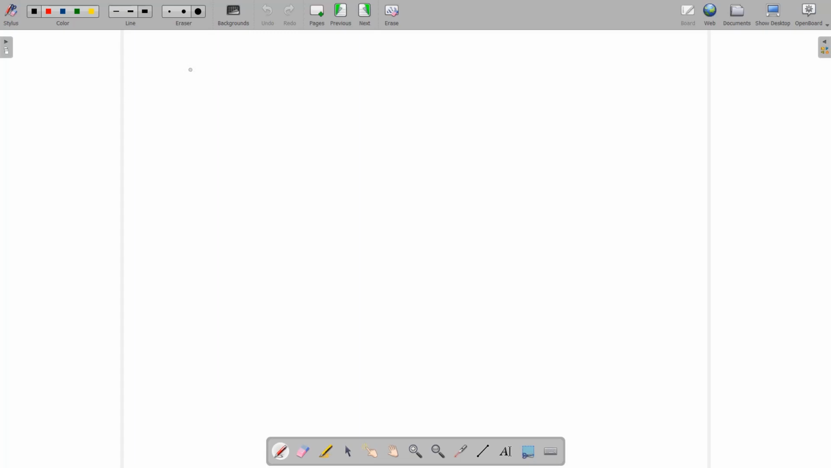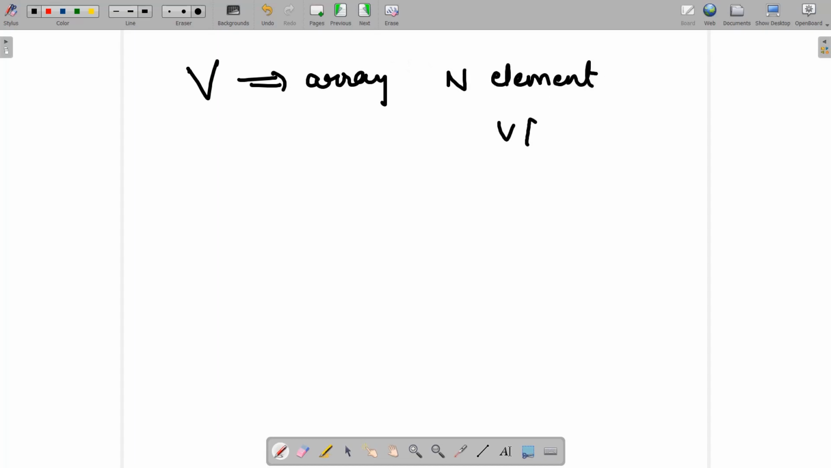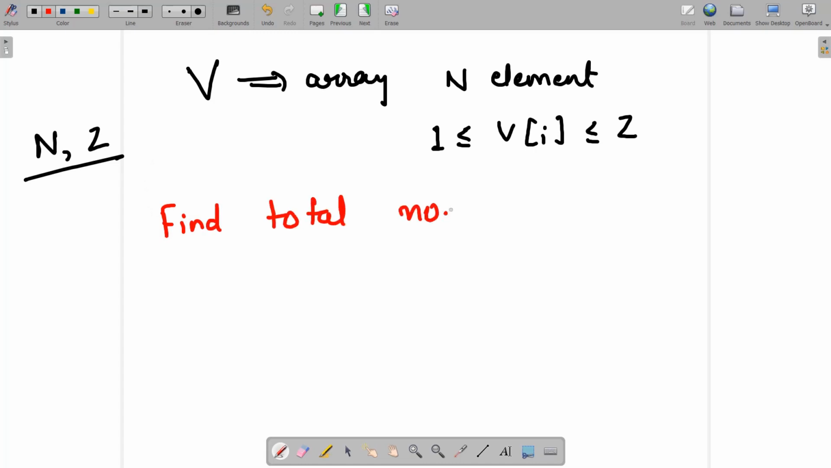So you are given an array V that contains n elements, and for each element, vi is always going to lie in the range from 1 to z. You'll be given the value of n and z, where n is the length of the array and z denotes the limit up to which each element can have a value. Each element lies in the range from 1 to z. You need to find the total number of arrays